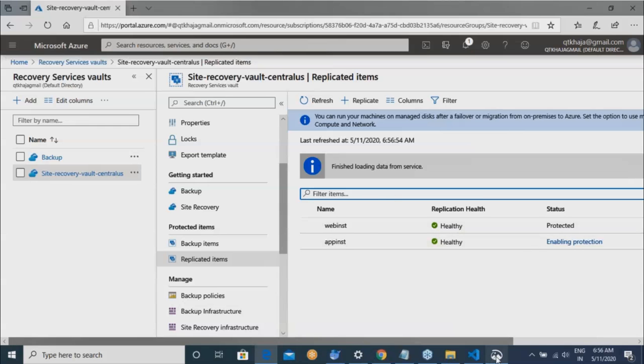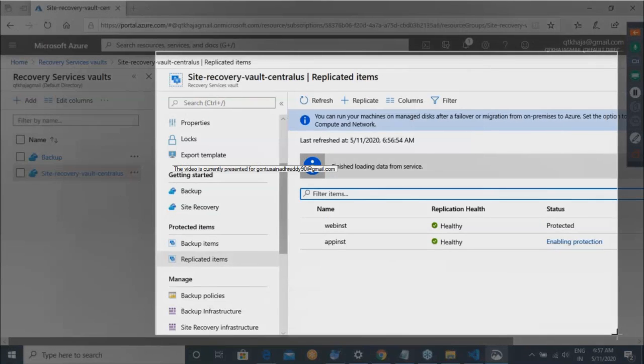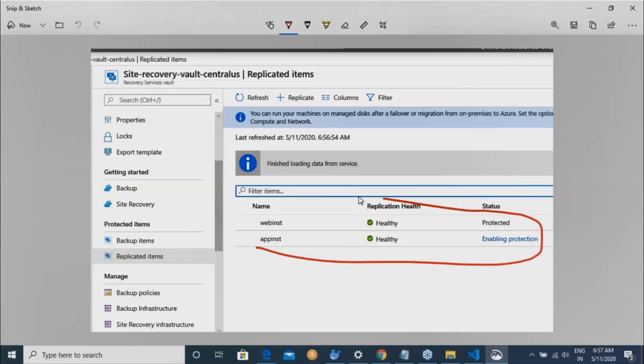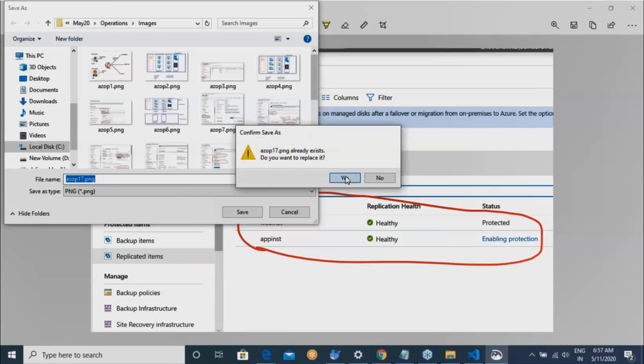Are you seeing this? This is the status which I want you guys to be in.